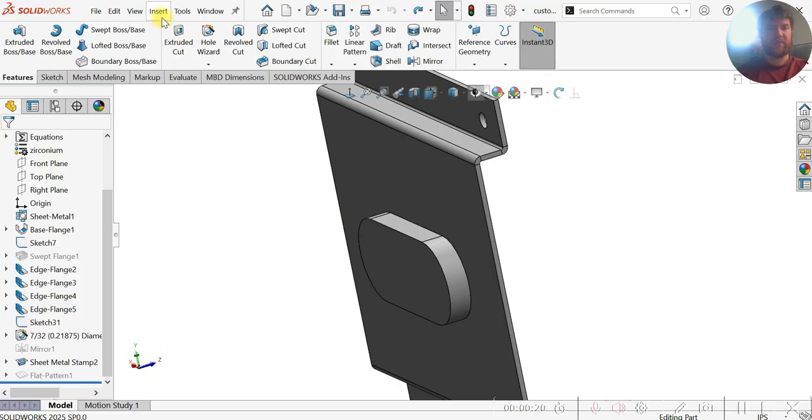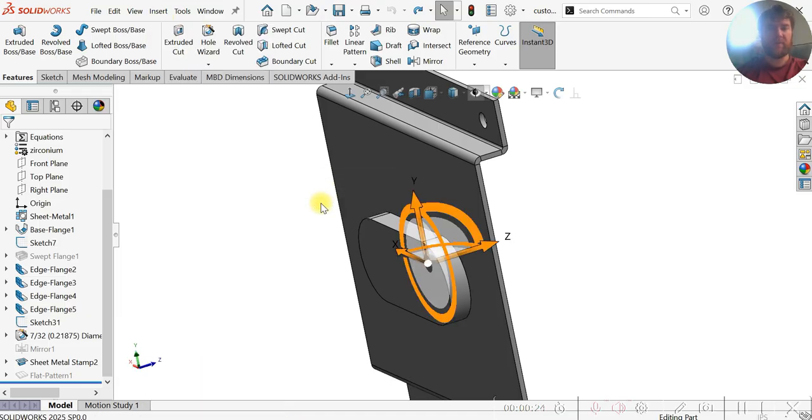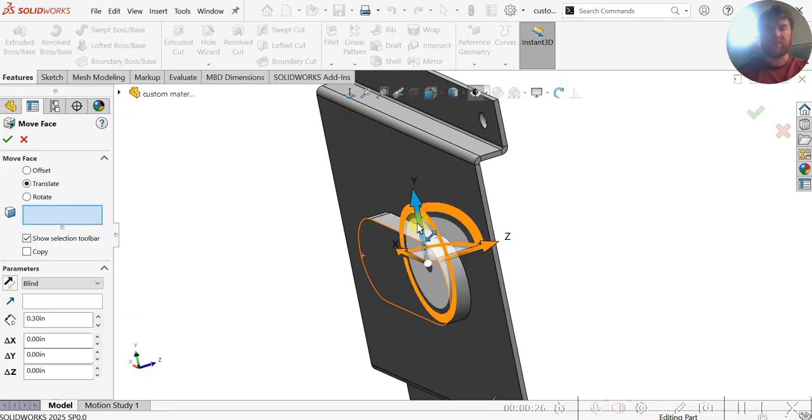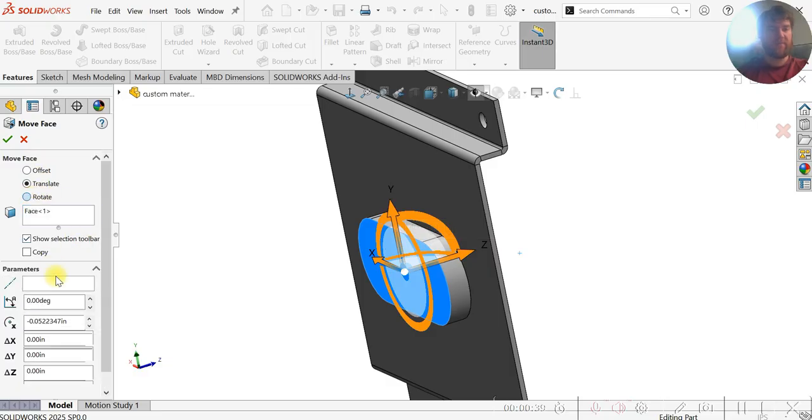So if we go to Insert, Face, Move, it gives us some directionality to move it. We can select this face here in this dialog box here. We can rotate it, we can offset it depending on what we want to do. So if we want to rotate about the x-axis, for example, you can see the preview